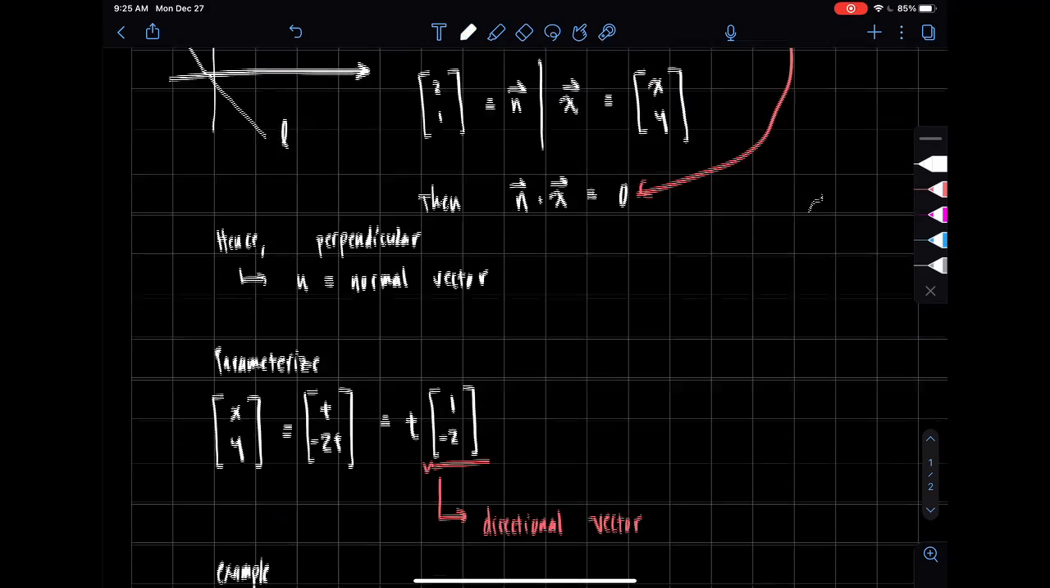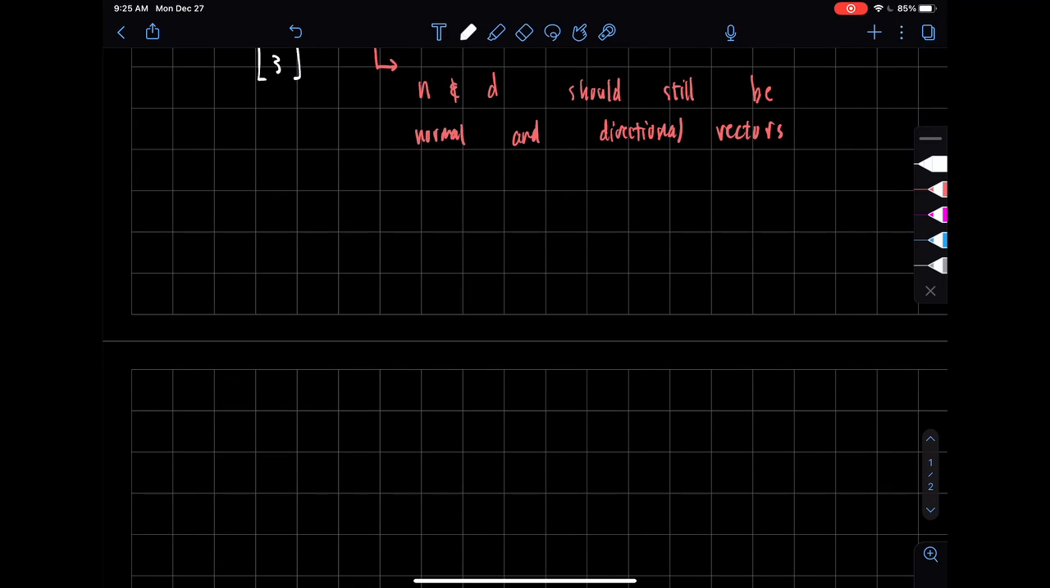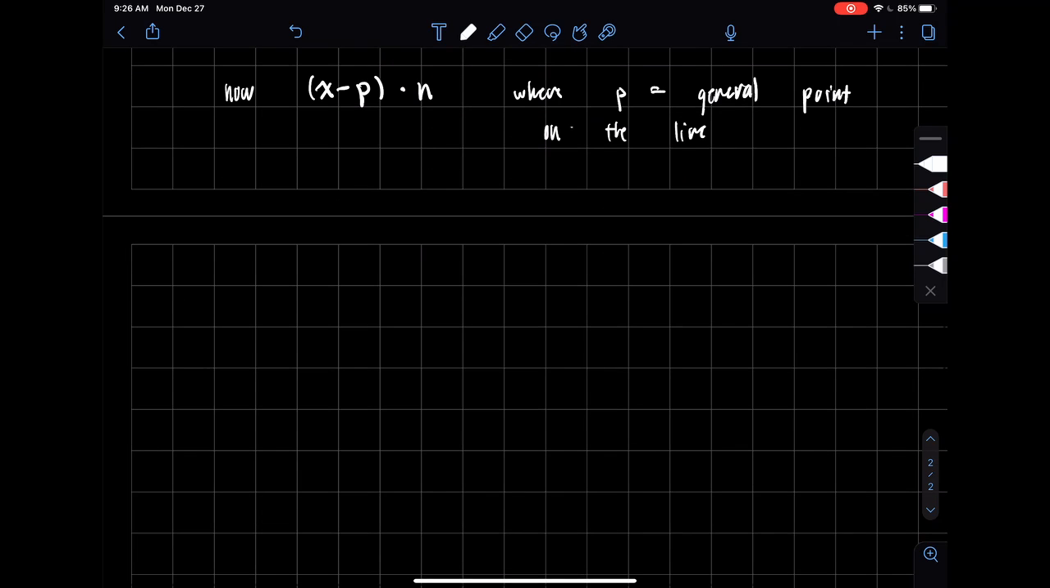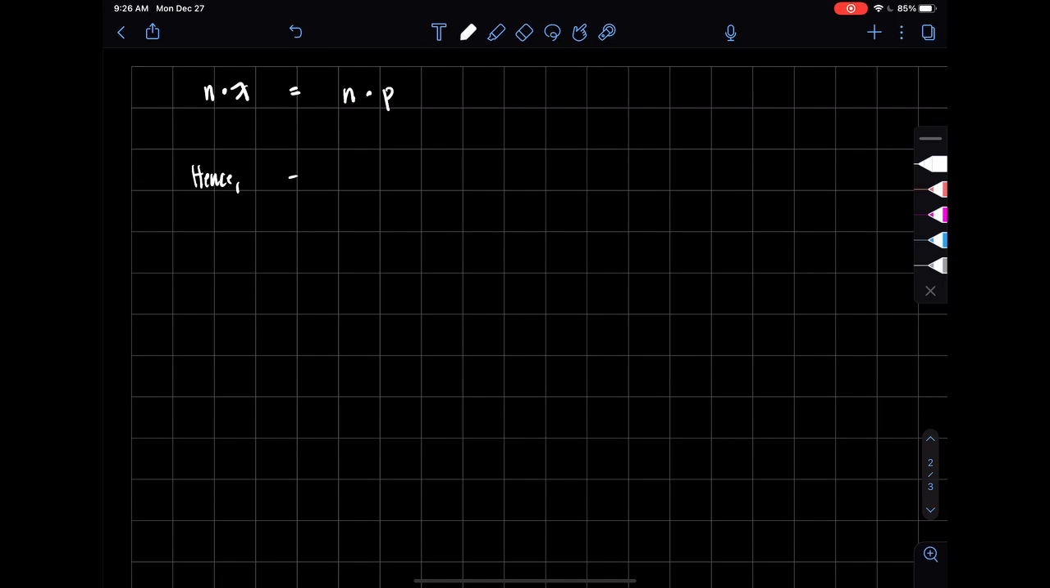Now, looking at this example, we can tell that the point at which we start is important to getting our normal vector. Hence, we can now write n dot (x minus p), where x is our vector, p is a point, and n is the normal vector. This will give us n dot x equals n dot p. Hence, the normal form of